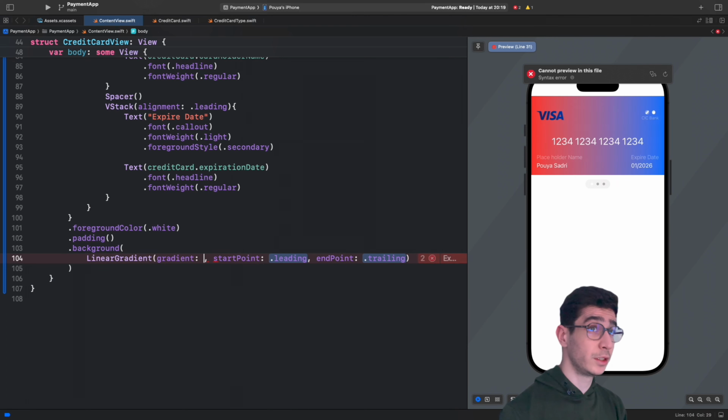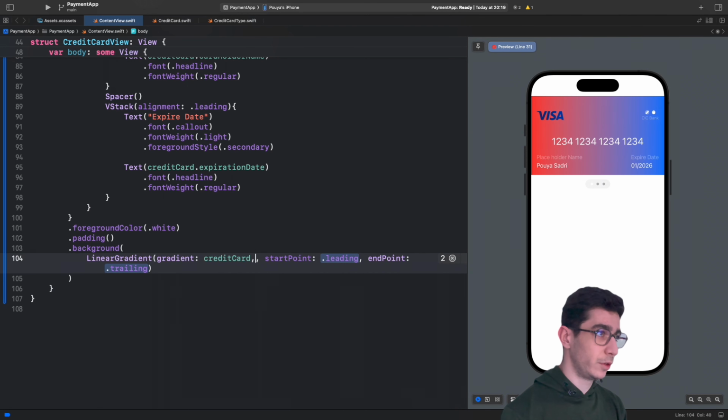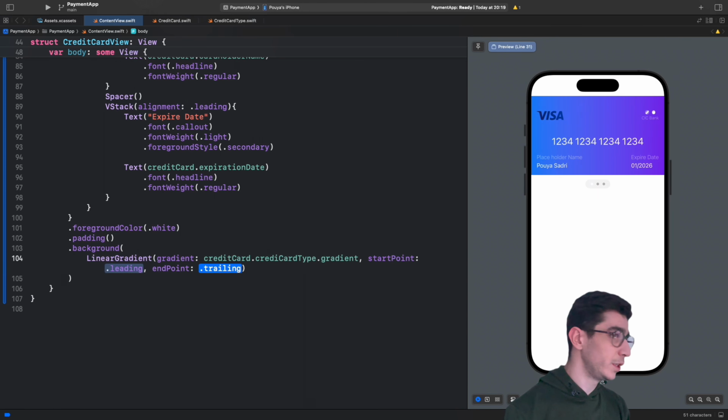So for gradient we have the credit card gradient. Start point would be .leading, end point would be .trailing, and here